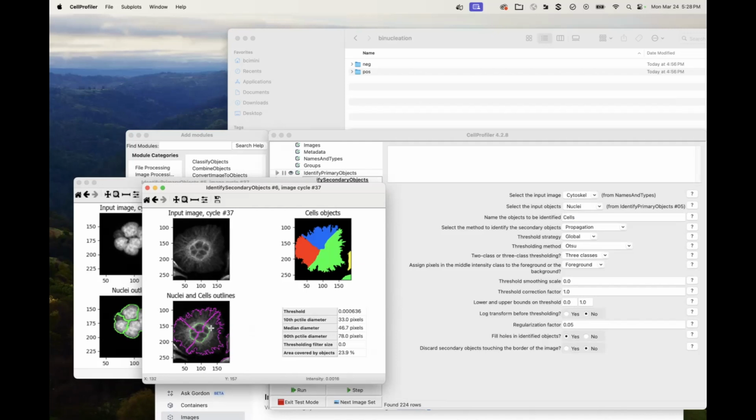Which again, maybe is fine, because if what you want to say is are the multinucleate cells different phenotypically than the other ones, they sure are. They sure are different if this cell is only a piece of a cell as opposed to a whole cell. So if what you care about is just detecting phenotypic difference, that might be the right way to go, is to just have cell chunks.